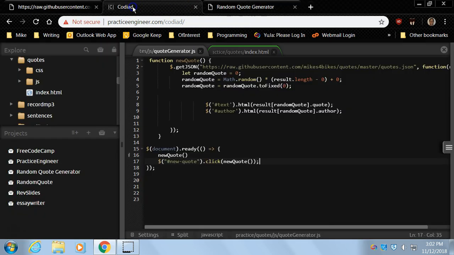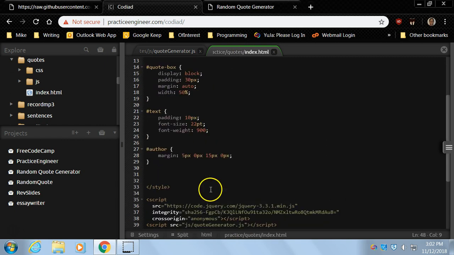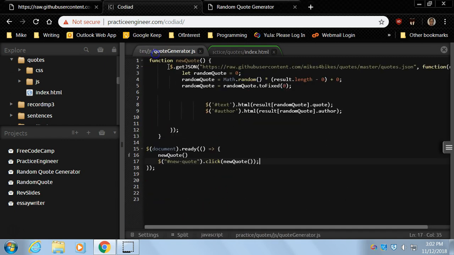Okay. So instead of having anything in here that has a function on it, nothing in here has a function on it, because in jQuery we can establish all of those things. So when the document first loads, when it's ready, it runs a function. It runs the new quote function, and then when I click on the button, it runs the new quote function again. So that's basically how to do a random quote generator